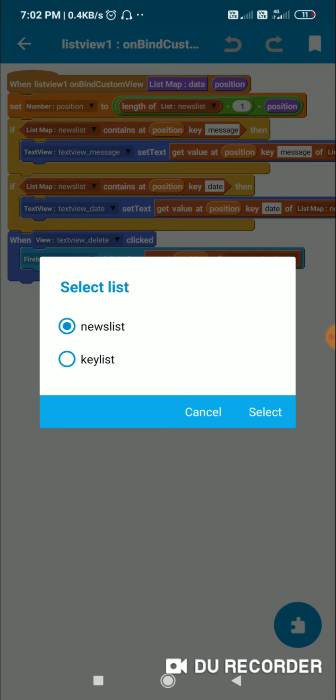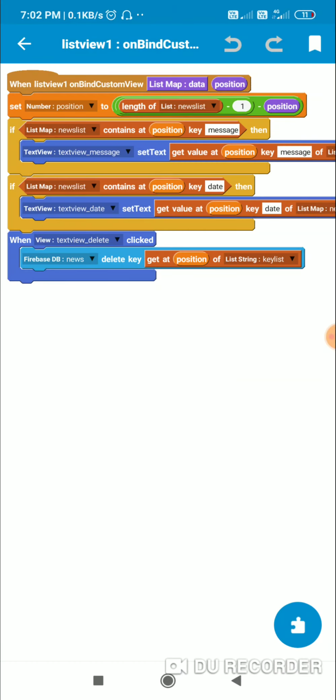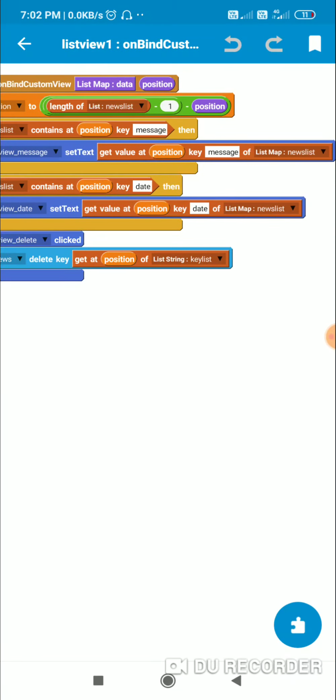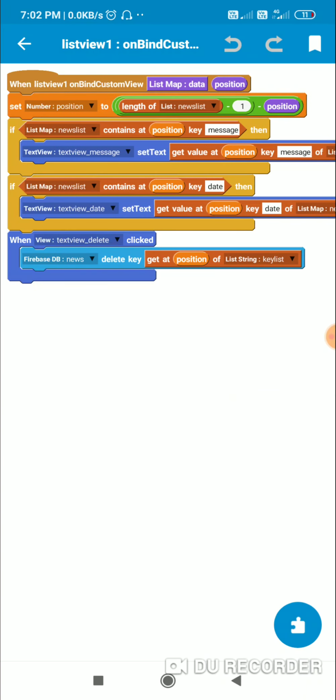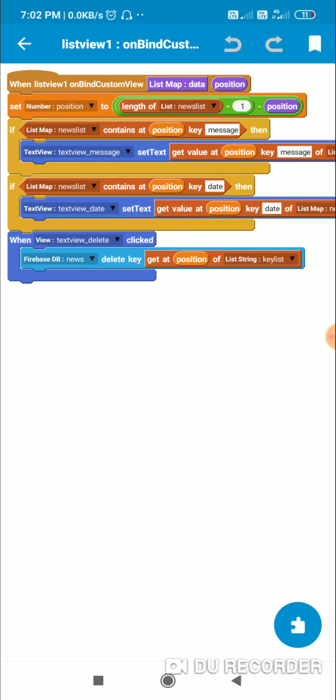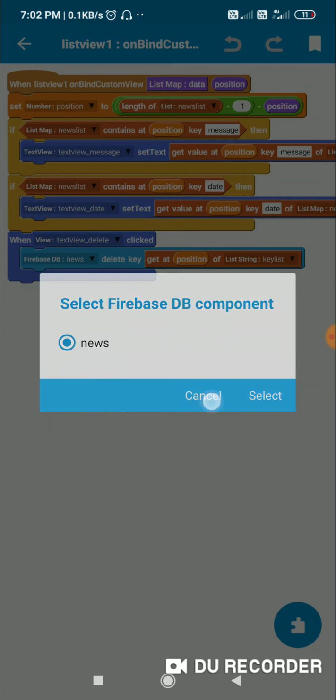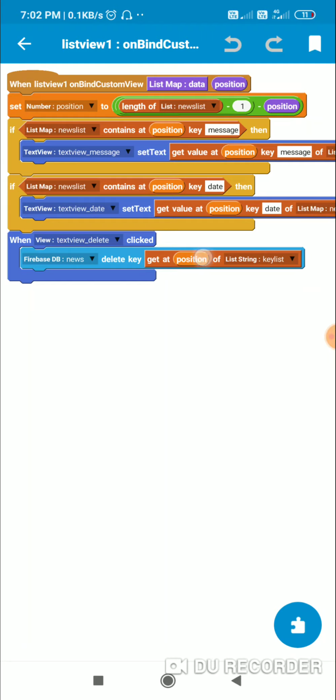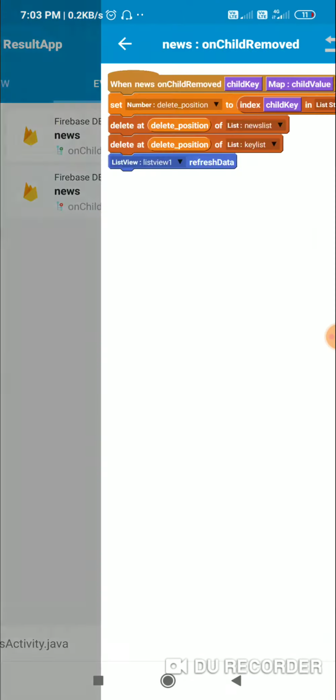Okay, I set position to length of news list -1 minus position, and then if this news list at position contains key message, then in text view message I display get value at position key message of list map news list, and similarly if it contains key date, then in text view date I display the key date of news list, and when text view delete is clicked, from Firebase DB news I delete key get at position of list string key list.